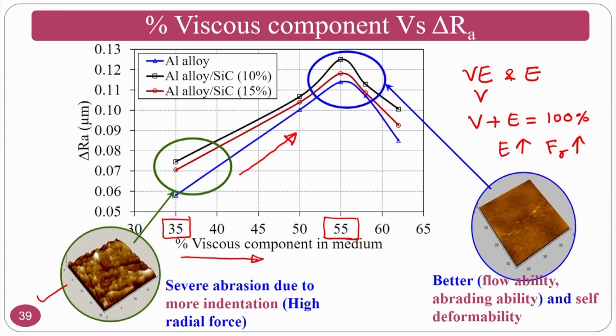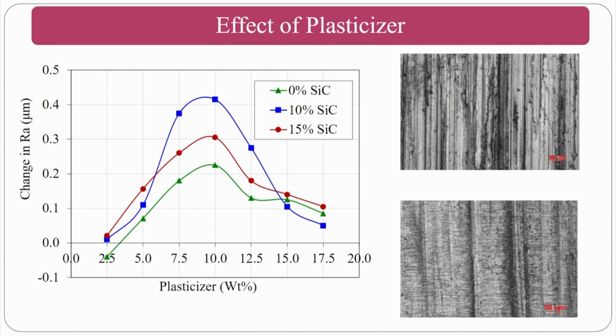deformation ability, because of which you can see the atomic force microscopy picture here. Here the surface is perfectly smooth. Okay, this is a perfectly smooth surface, and this is attributed to the optimum values of your forces and velocities because of the medium rheology. Now we can see the effect of plasticizer, the effect of extrusion pressure and other things.